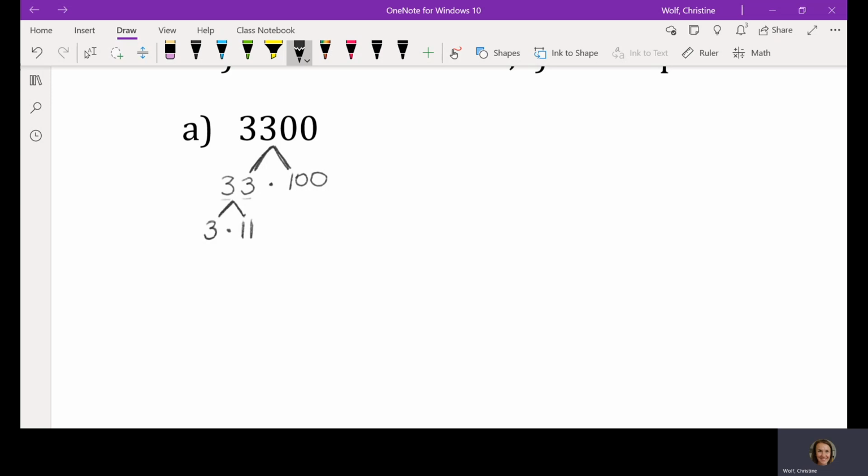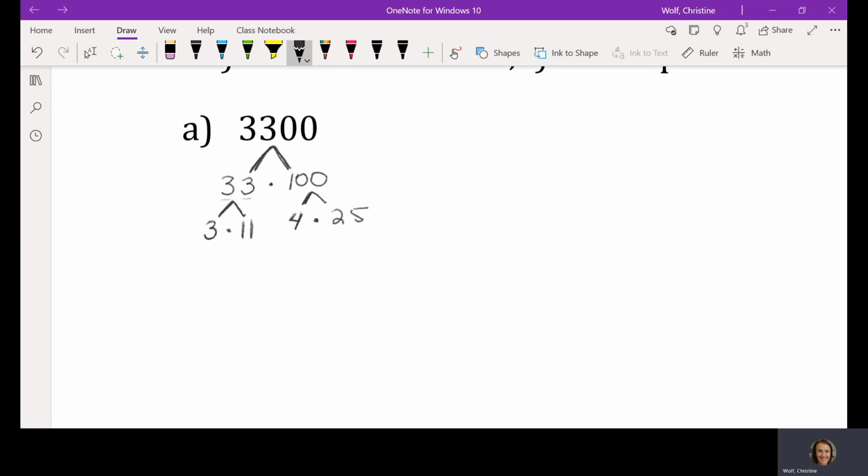Now, I'm going to do the same thing over here with 100. What is a way to multiply for 100? There are multiple ways. I'm going to go 4 times 25. You can go 10 times 10. You can go 2 times 50. Does not matter, okay? Then what I do is I start over from the left again, and I work with